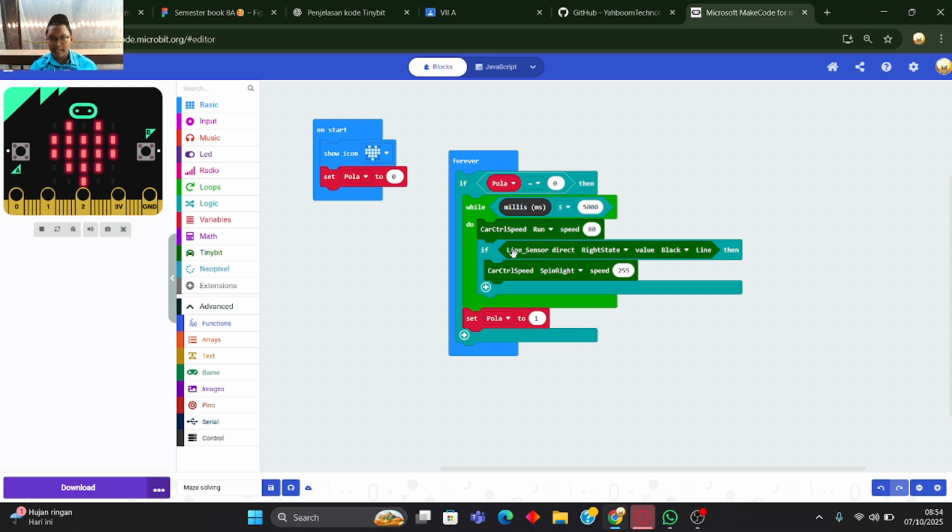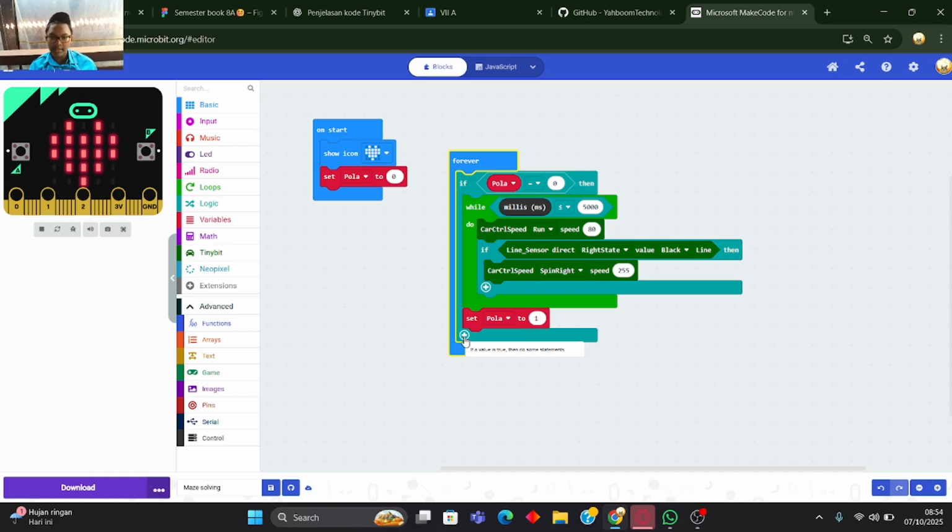After that, if the right sensor in the Tiny:bit detects the black line, the Tiny:bit will spin right with a speed of 255. After that, we set pola to 1.